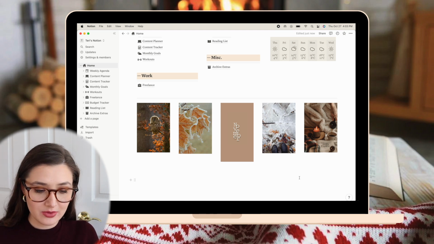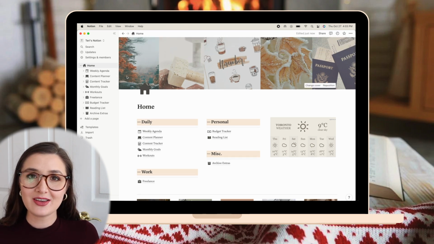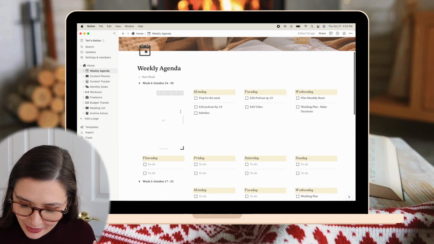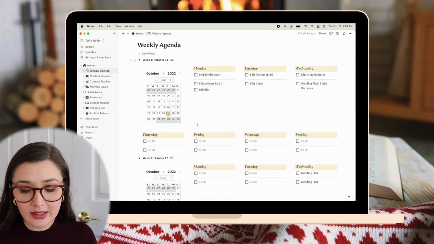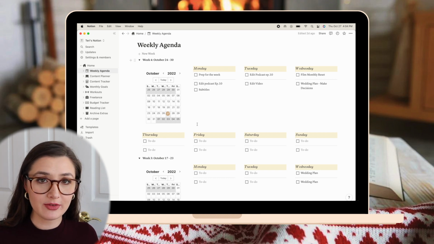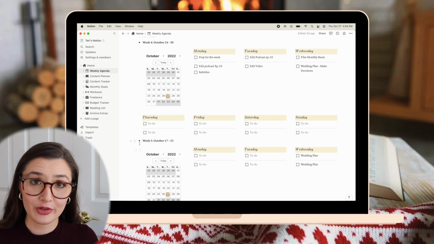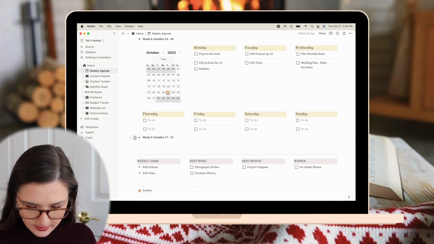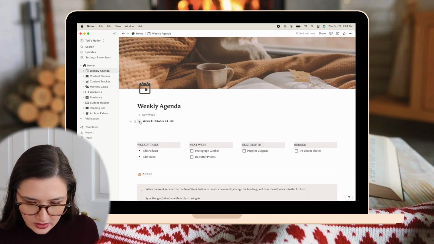Let's move on to the first actual main page here, which is the weekly agenda. I'm filming this on October 27th. I know it's not quite the exact end of the month. It's a little bit early, but that's okay. I'm just going to make a new week like I'm planning for the first week of November. I'll probably add to it as this weekend gets closer and I have more things to add to my list or change around. So I'm just gonna archive week 3 and then just close out week 4 so it's out of the way and add a new week.